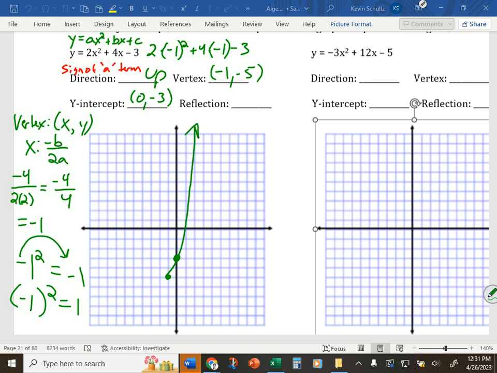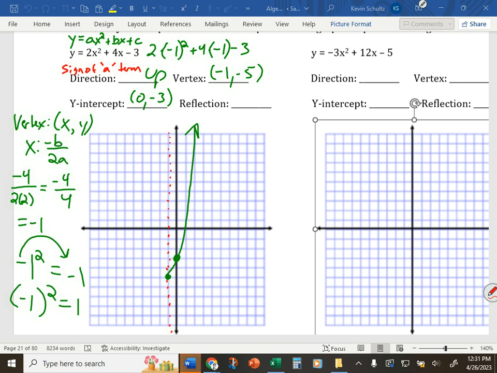Okay? That's only half of it. We know the other half has to be symmetrical. So this is where the axis of symmetry, the reflection point, comes into play. Remember, the definition was a point that is equidistant from the axis of symmetry, horizontal to the y-intercept. So if we draw in our axis of symmetry here, which is that vertical line going through the vertex,